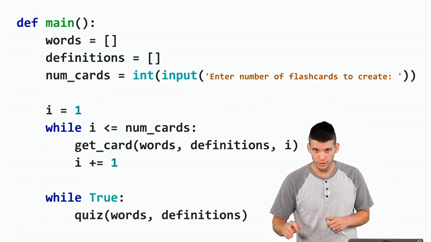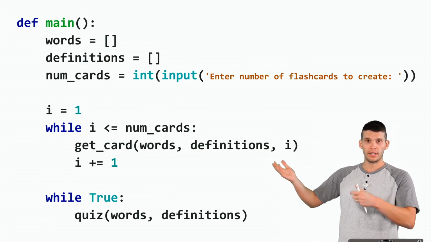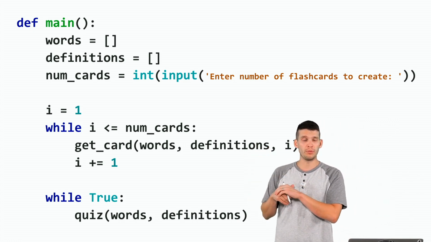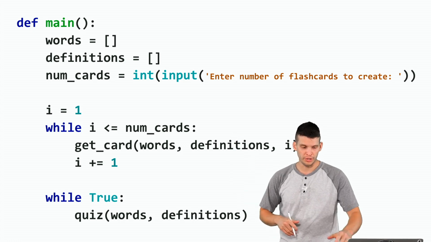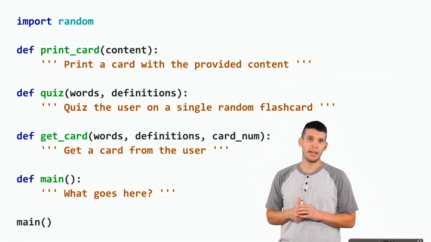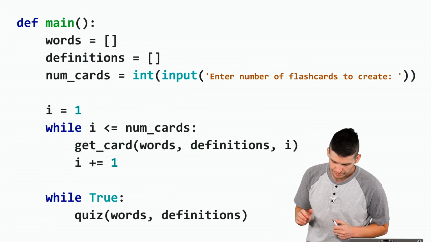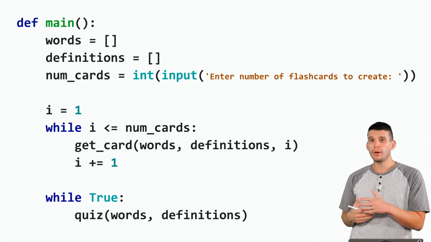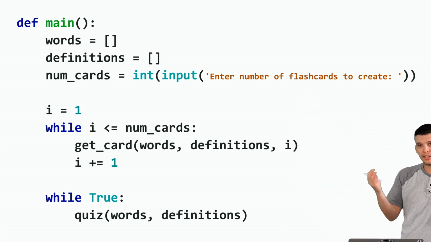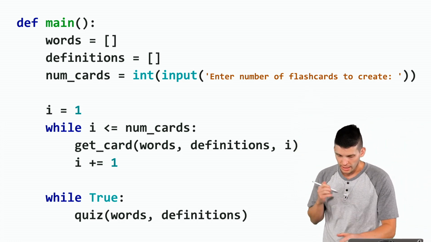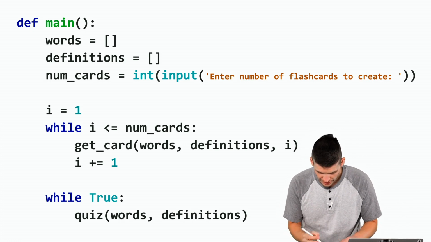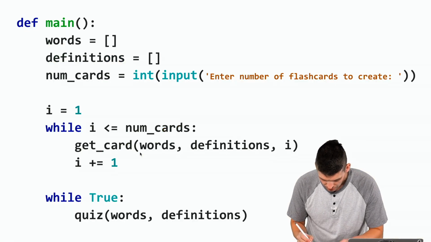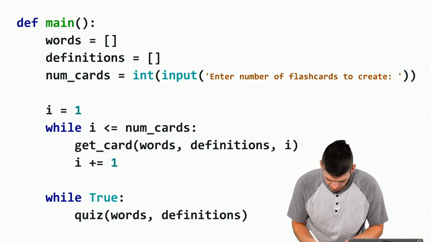And I'm actually going to just show you main, so you can go ahead and look at this to see that this function is going to make calls to two of the other functions, function defs that I am going to ask you to pick the right one of. So we have a words and a definition list that we're going to start out as empty, but then we're going to ask the user, hey, tell me how many flashcards you want to create. And for each of the flashcards, we want to call